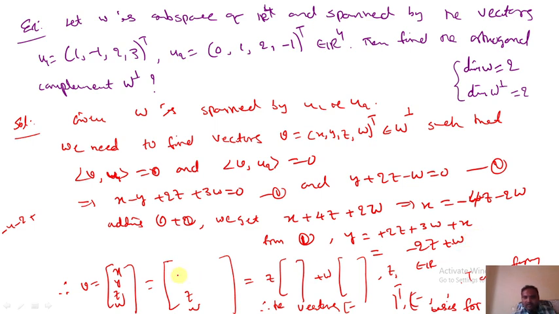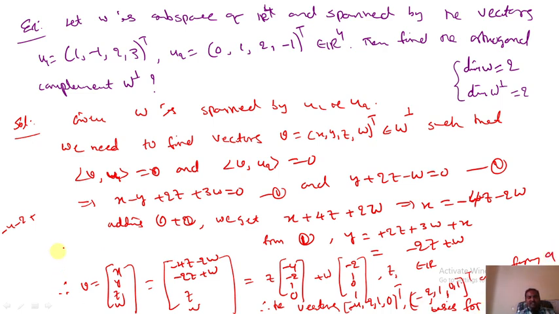Now here, sorry, x is minus 4z minus 2w, y is minus 2z, w. That means we get the vectors (minus 4, minus 2, 1, 0) transpose and (minus 2, 1, 0, 1) transpose, which form a basis